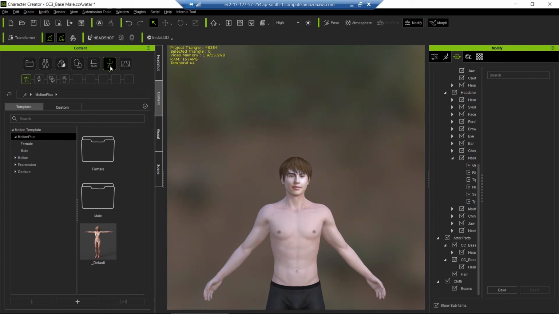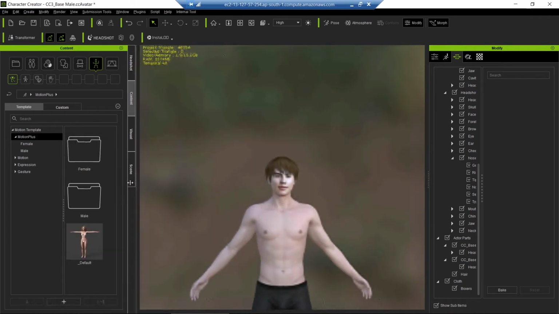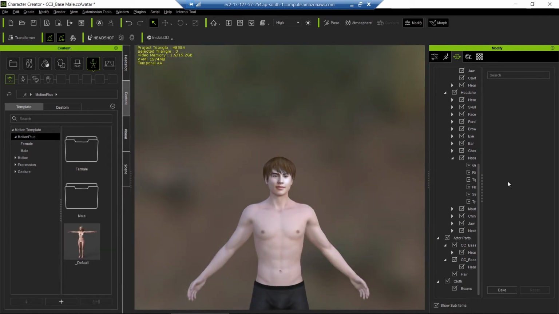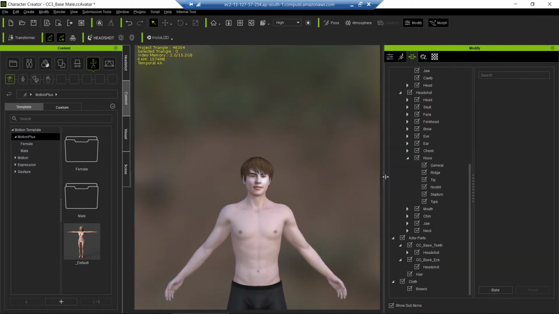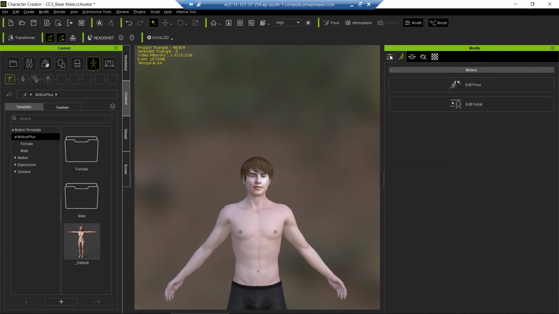Okay, now this part is done. On the left side of the panel we have seen almost all the features, and this side is also having tons of features for modification of the mesh. As you walk around, it's a little bit not working better. So first of all, go with this one, modify pose.